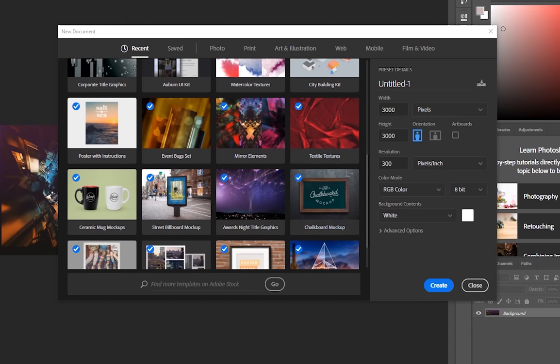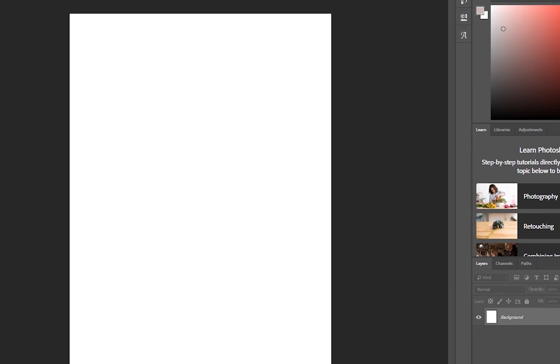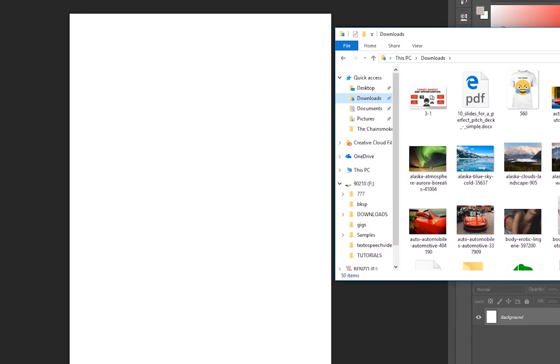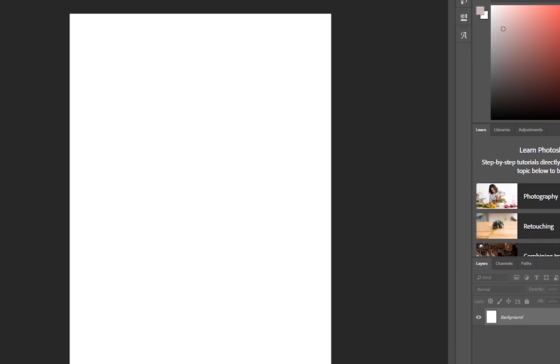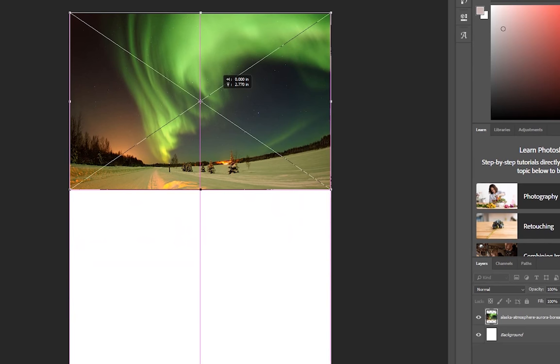Alright, so let's go ahead and just open up a print, normal size. Now find a photo you're going to want to use. Alright, so the first problem here obviously is the fact that this photo's landscape, meanwhile it's vertical, but that's not